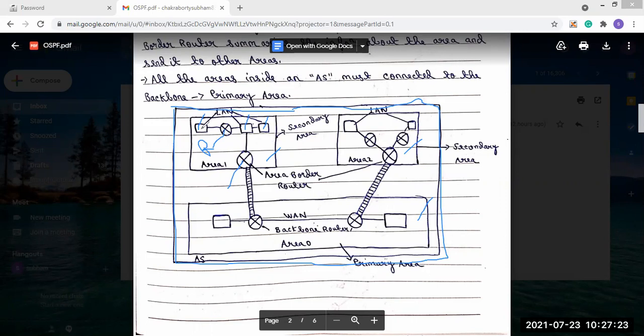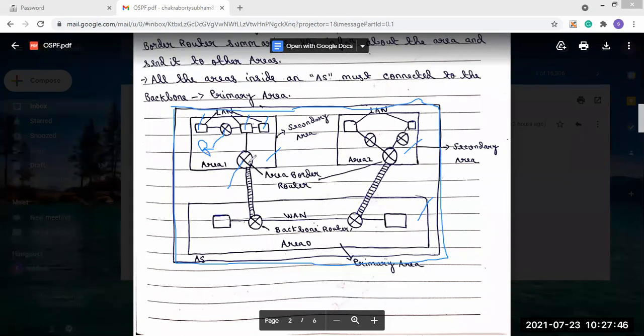So here you can see in this area, this is the LAN, this is the LAN. One LAN is connected with the router, and this router is again connected with a LAN, and this is also connected with another LAN. And this whole is connected to an area border router.